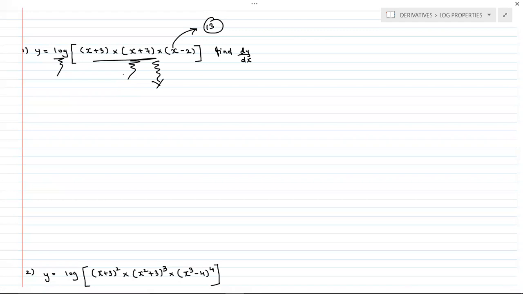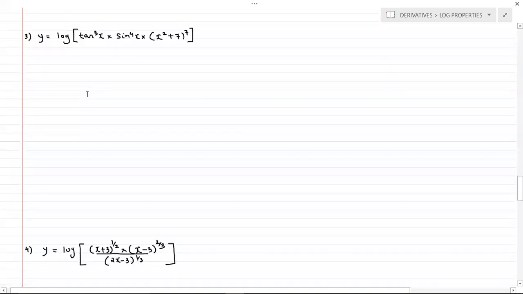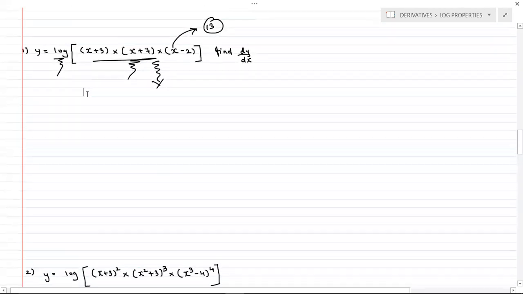The remaining part, how to find the derivative for the logarithm, we'll see in the next lecture. There are two important exercises based on the logarithm section. Whenever you have to find the derivative of a log part, before that you must know the properties of the logarithm, meaning those 13 things. The remaining part, how to find the derivative for the particular log using the properties, we'll see in the next lecture.